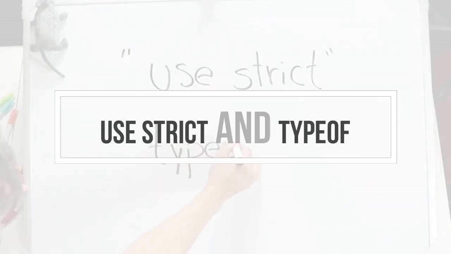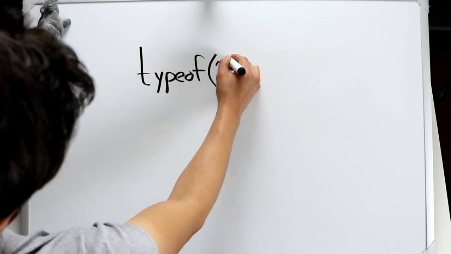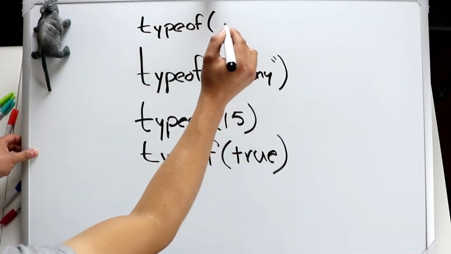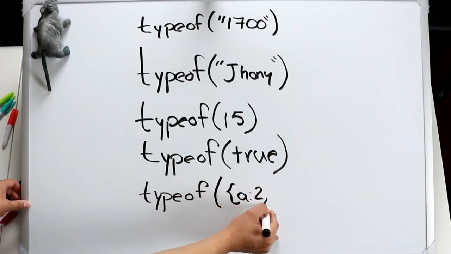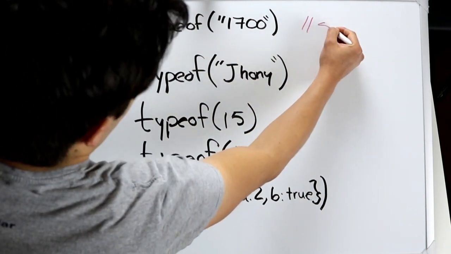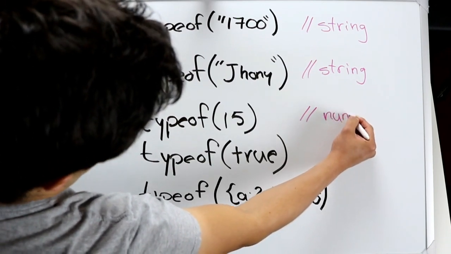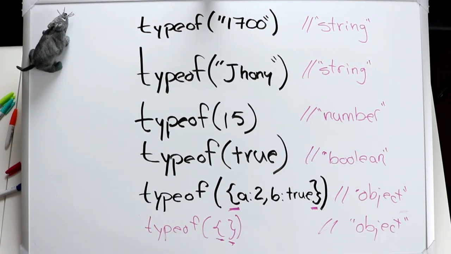Use strict and typeof. We're gonna use this operator of JavaScript when we want to get the specific type of each value. You can use the typeof with parentheses or without it. The typeof operator always returns a string indicating the type of the value. So the first one is a string, second string, the third one is going to be a number, the next one is a boolean, and the last one is an object. If you want to implement a stronger type checking in your code, you can make use of the use strict